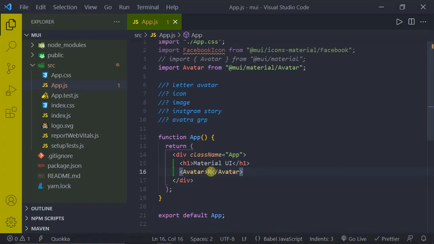See, now we are able to see an avatar with R inside it. Whatever letter you give in between these two tags will be shown. Let's say I want to show N. See, N will be shown. So what I'll do is I'll just open these tabs side by side.